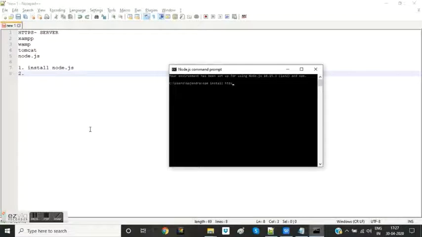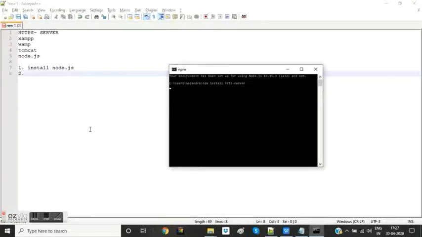The command is npm install http-server. It will install the HTTP server on your machine. Because I've already installed this, I'm not going to go ahead with the installation. I'm just going to cancel it out.